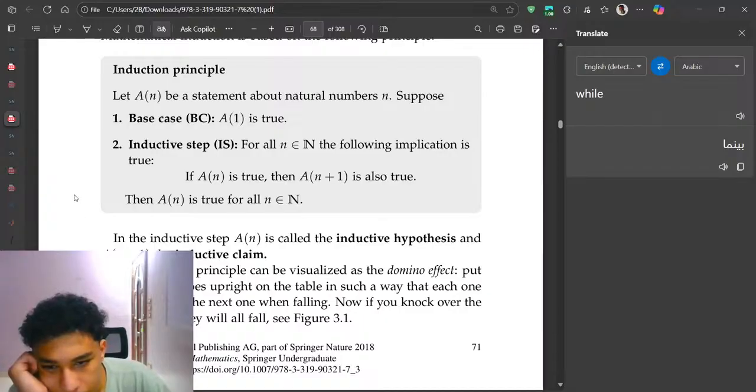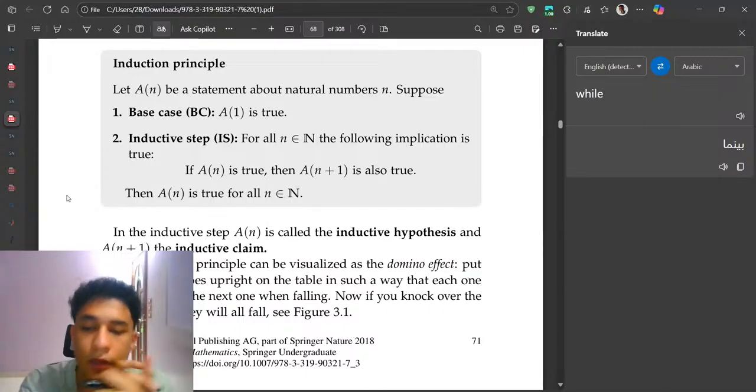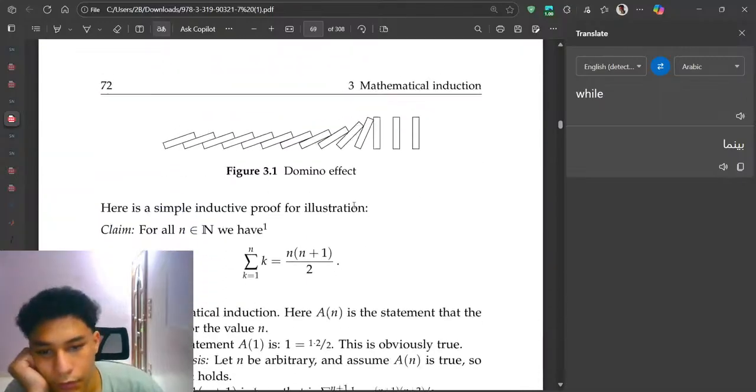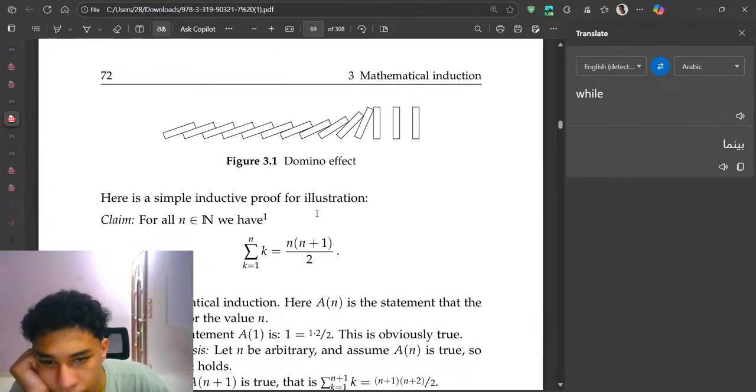The inductive principle can be visualized as the domino effect. Put a row of dominoes upright on the table in such a way that each will knock over the next one when falling. Now, if you knock over the first one, then they will all fall. See figure 3.1, domino effect. Here is a simple induction proof for illustration. Claim: for all n that belong to natural numbers, we have,